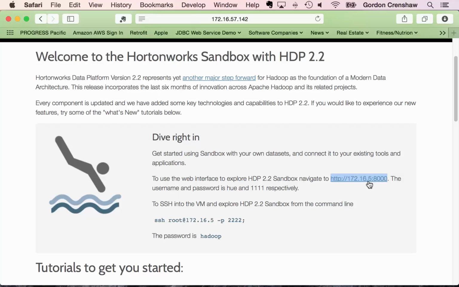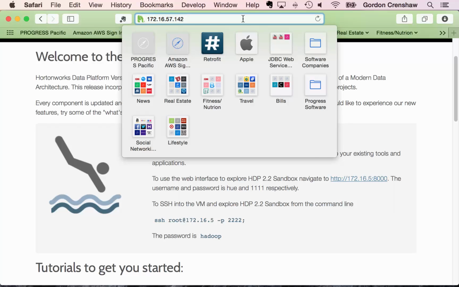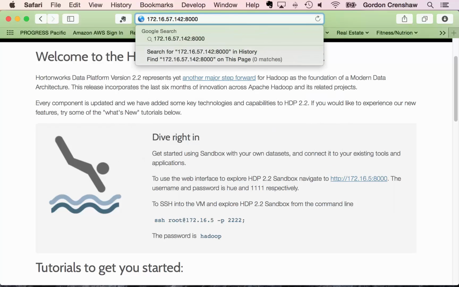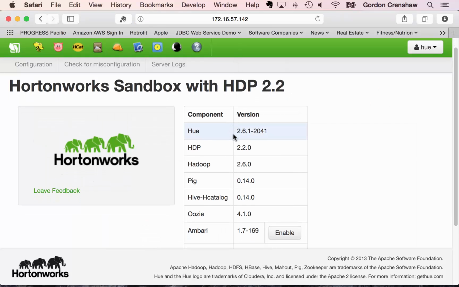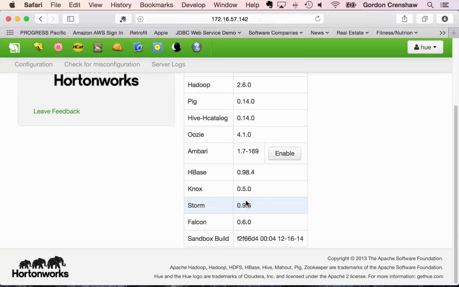Now, as you can see, the IP address is not complete, and that's just because the IP address could be dynamic each time you load a new Hadoop distribution. So you're basically going to take the IP address that you've supplied of the Hadoop distribution and add :port 8000 to the end of it. So we'll go up here and add :8000 and hit return. And we're logged in. And as you can see, these are the versions of the software that's already installed onto